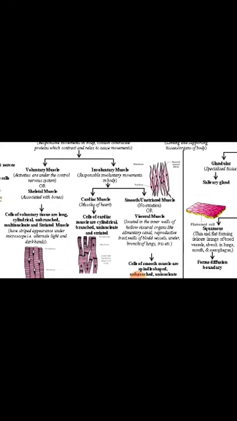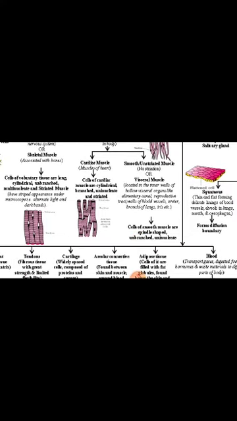When we talk about the smooth or the unstriated muscles, now here you need not remember the visceral muscles. You will learn that in your higher classes. Okay, now these unstriated or smooth muscles are located in the inner walls of organs like the alimentary canal, the walls of the reproductive tract, the walls of the blood vessels and the bronchi of the lungs.